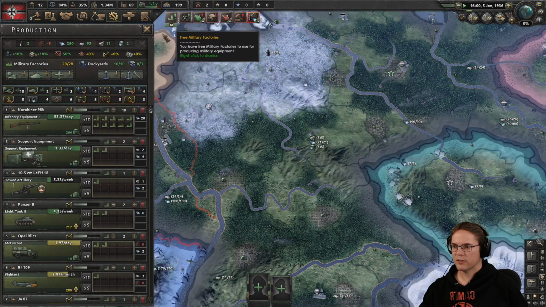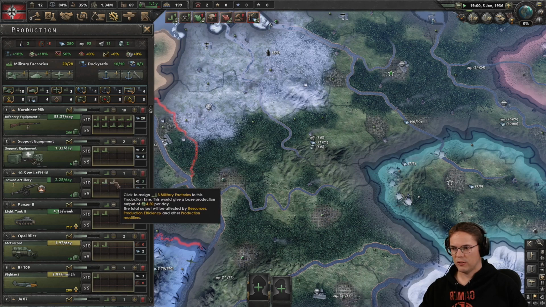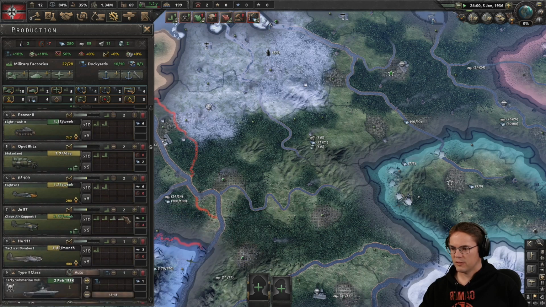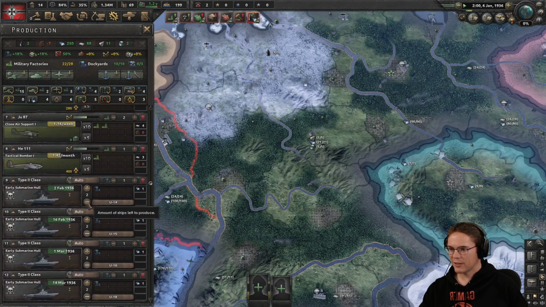3 military factories. What are we going to be short of? Light tanks, we're almost certainly going to be short of. We've got decent fighters and close air support. Oh, rubber's going to be a serious problem in this. It is if I go working up that. Let's have a look. We want...